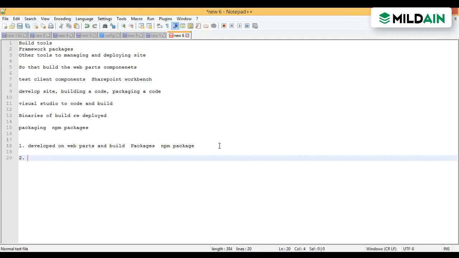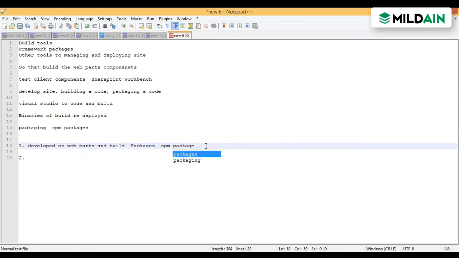So there are two things. Once we develop, we publish on an npm package, or in this npm package we have an npm registry where we have pre-built packages present.